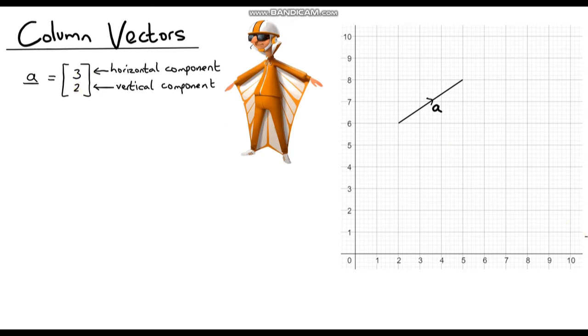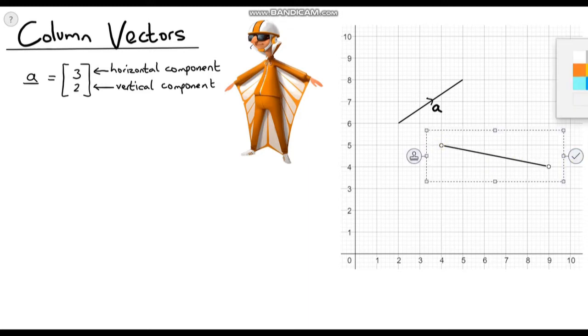So let's draw another vector. So let me get my line tool out. So I'll just do a completely different vector. Let's say we're going from here up to here. And let's change the colour. Let's make this one red. And we need to remember to put our arrow in. We're going in this direction, and let's label this vector B this time, let's change that to bold B,